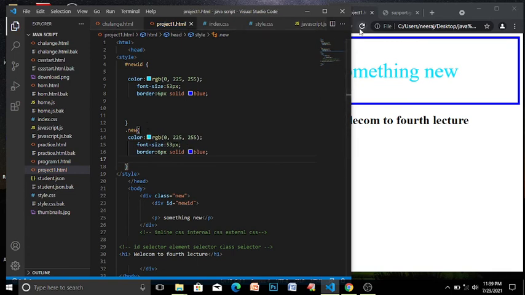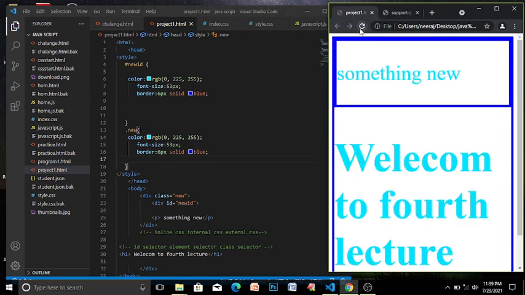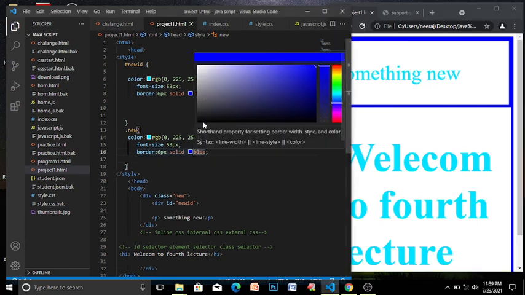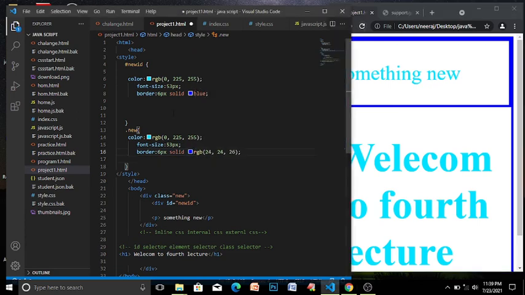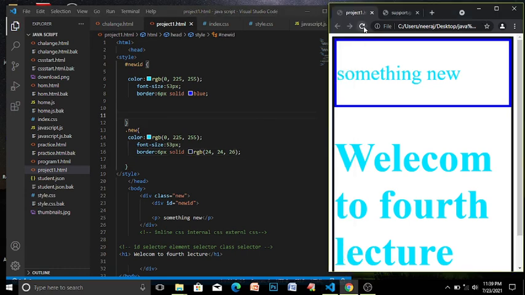Now you will see both are in different borders. Let's differentiate both of them with different colors. You will see both are in a single frame, but they have different borders.